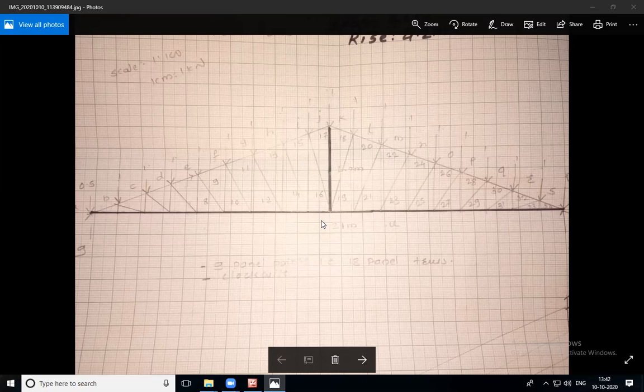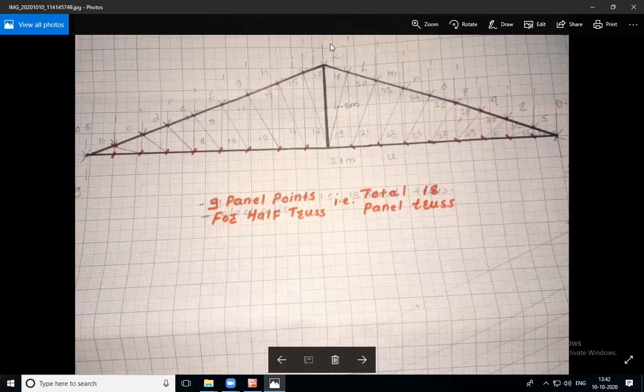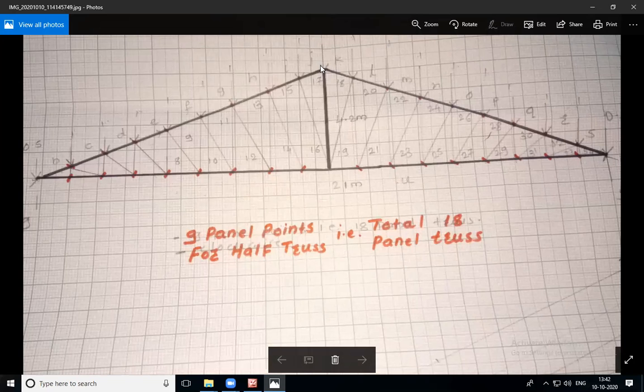So therefore we have to draw one horizontal line and one vertical line. So 21 meter horizontal line and 4.2 meter vertical line. Now at the topmost position of that center line, complete the truss by drawing these inclined lines, both the inclined lines. So after completion, our truss will be like this. So the outline of truss is now completed.